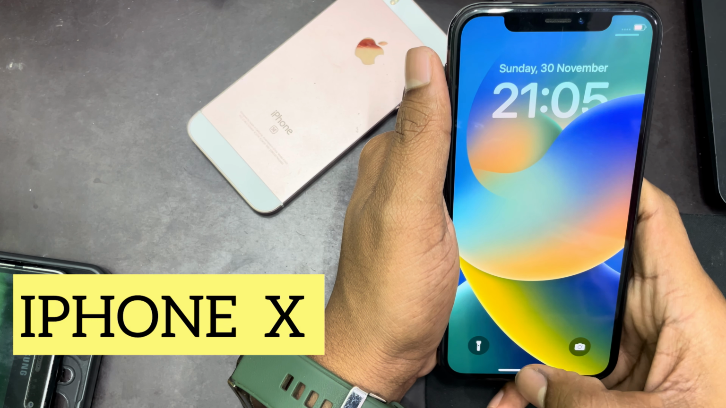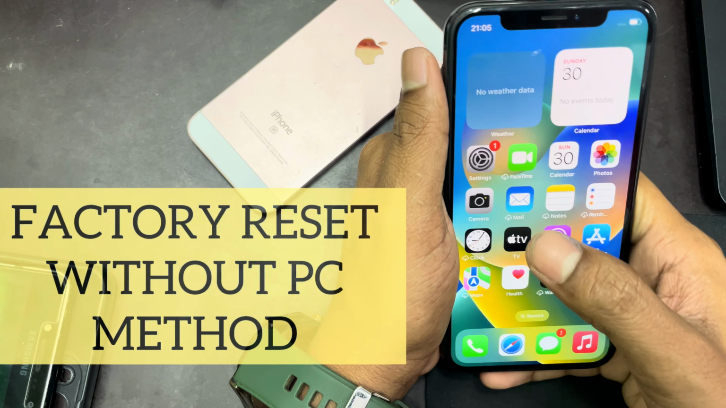Hi everyone, I'm Ashfaq. In this video I'm going to show you how to factory reset your iPhone X